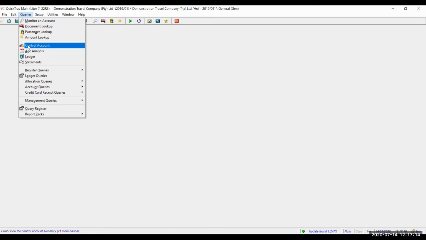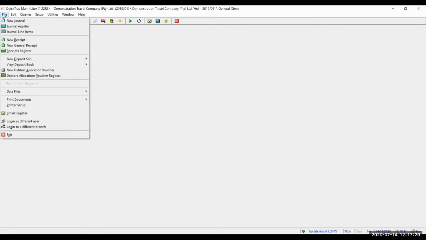When you keep on doing a statement for the client, the invoices will continuously show because you haven't allocated. Until you allocate those invoices, the next statement that you run will not show those invoices. Okay, I'm going to show you how to do your manual allocations. And remember, very important, you can